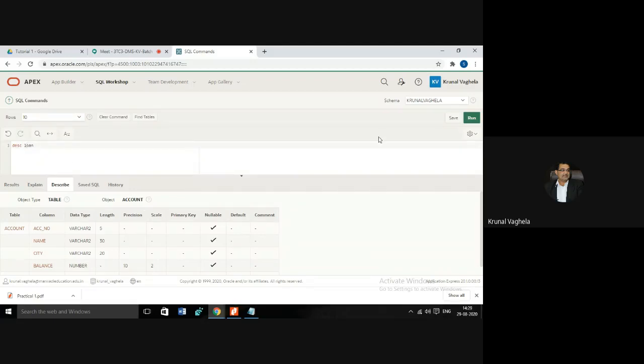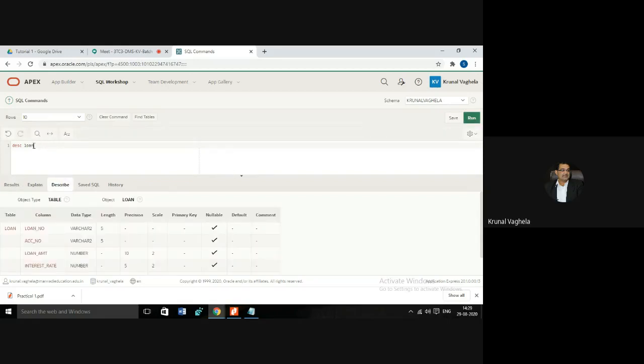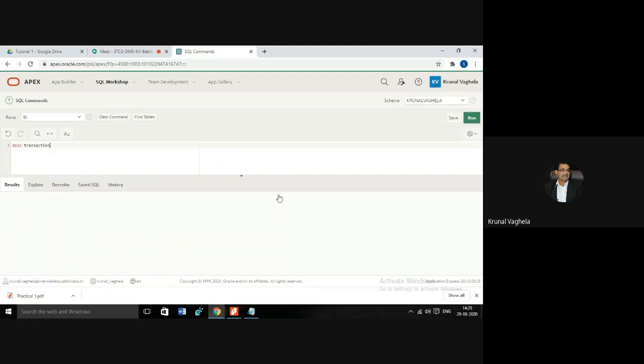Loan, it will give you the structure. If you write a wrong table name, for example, I have not made any transaction table, if I write transaction, it says object or describe could not be found because the table is not there.